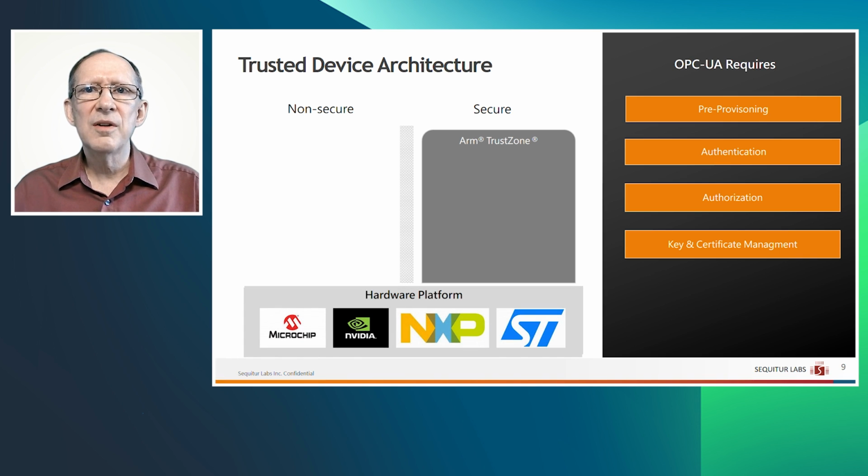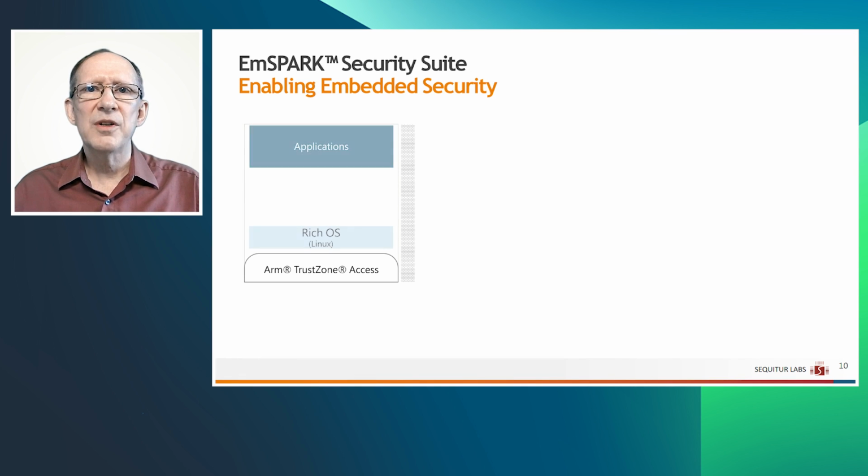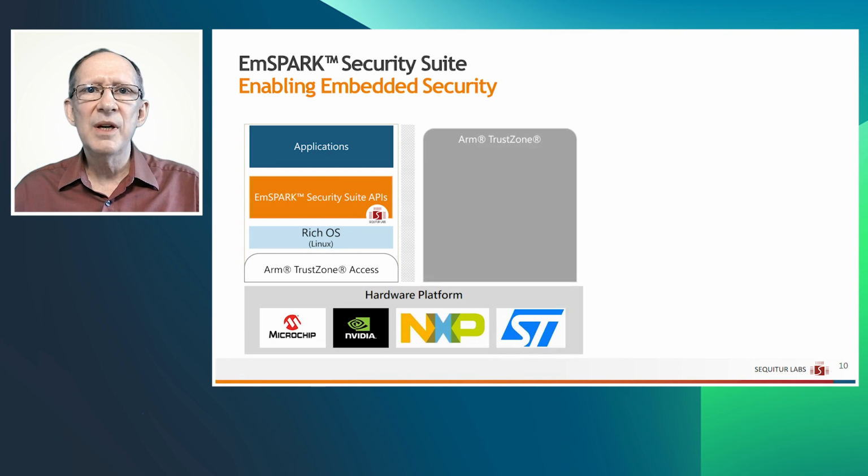The mSpark security suite solves this by supporting the industry's top silicon platforms from NVIDIA, NXP, STMicro, and Microchip, reducing the development cycle needed to port to new silicon. The mSpark security suite sets up trusted execution in the NXP i.MX8 applications processor using the security capabilities provided by the silicon. This means that mSpark provides the tools needed to set up the silicon in manufacturing while protecting the